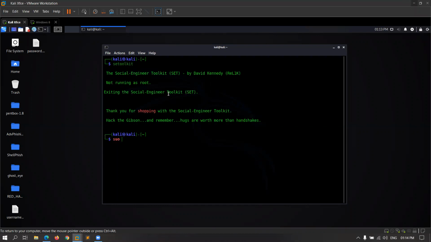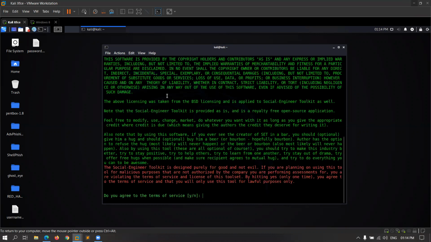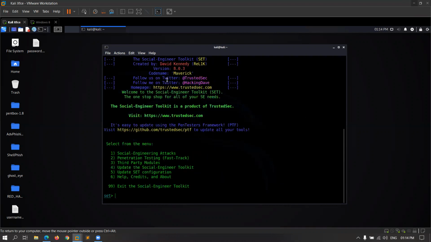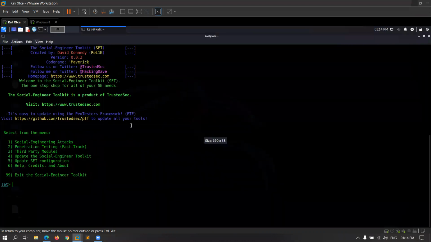So you have to run it as sudo. Do you agree to the terms and conditions? Yes. And you can see it is an attractive menu.